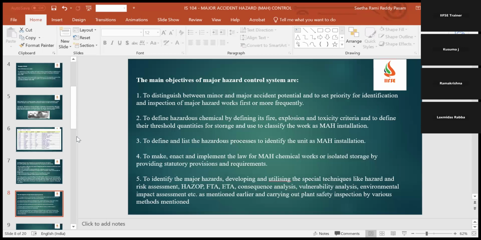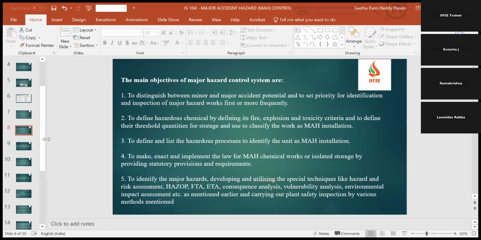It is simple: this objective is to differentiate which are minor and major accident potential industries, and to define hazardous chemicals by defining their fire, explosion, toxicity criteria, and to define the threshold quantities for storage and use to classify the work as an MHE installation. This is another